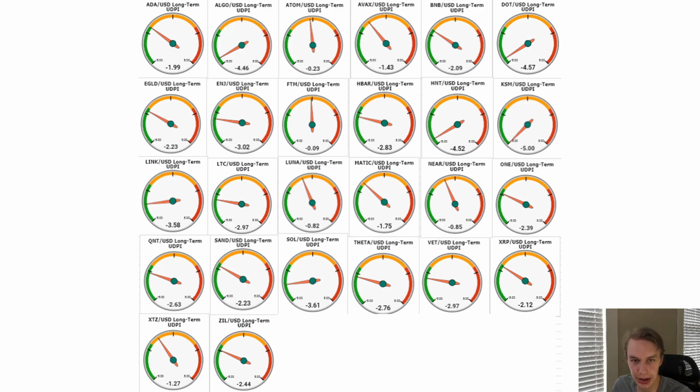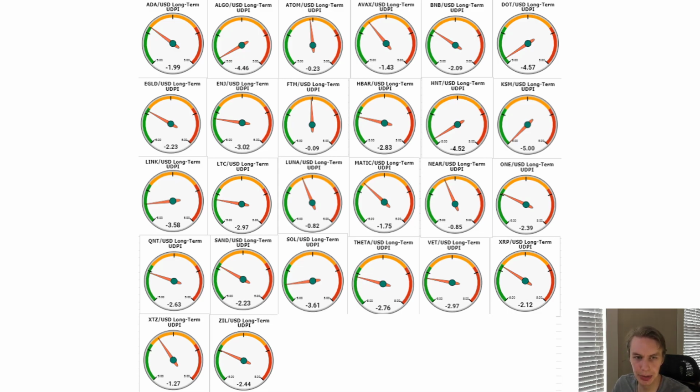Now, every single asset that we're monitoring is below zero, although some only just so, like Phantom. So again, in the long term, this just means that for altcoins, the UDPI thinks there's more realistic upside than downside potential. But as I mentioned before with altcoins, they're very sensitive to the sentiment in the market, being the higher risk end of the crypto space, which is already treated as a high risk asset class.